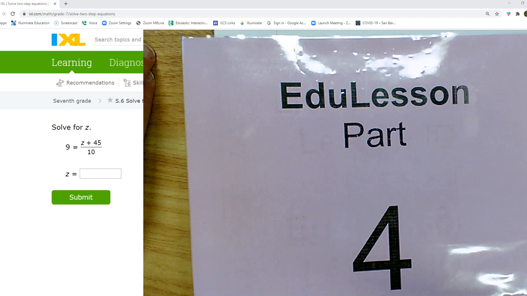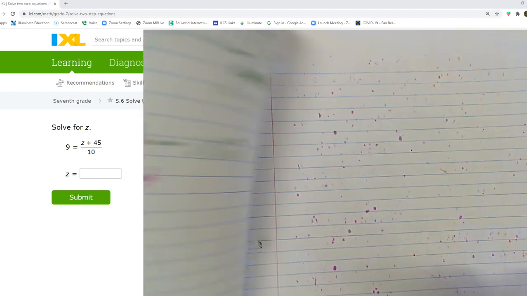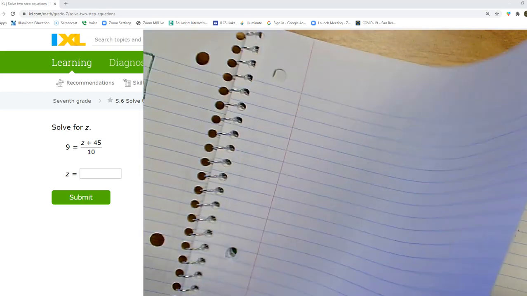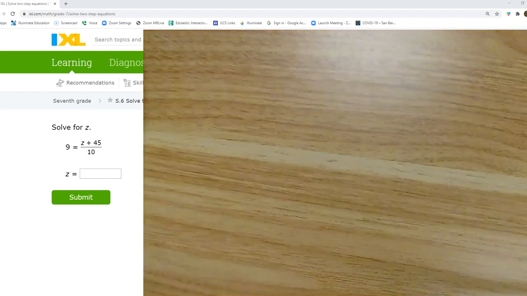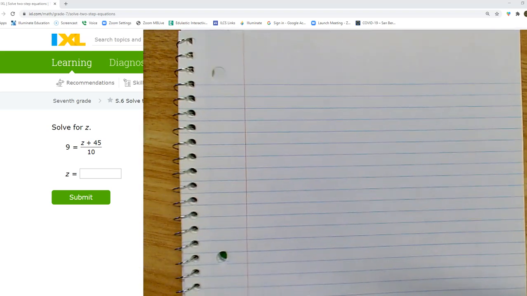It's time for part 4. I'm going to give you the magic word right now. The magic word is IXL, like the website IXL. So here's one weird type of two-step equation that IXL is going to give you. And it looks like this. It looks like 9